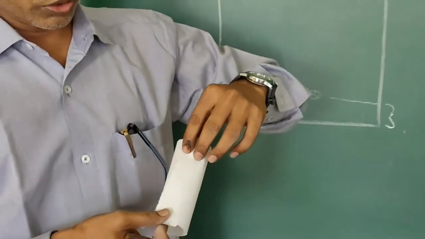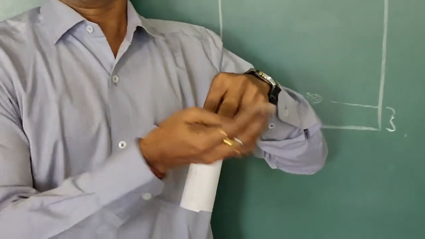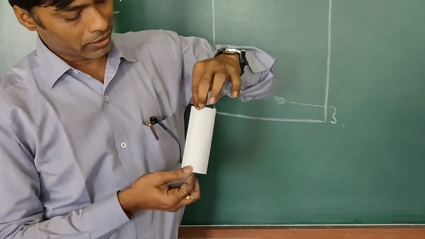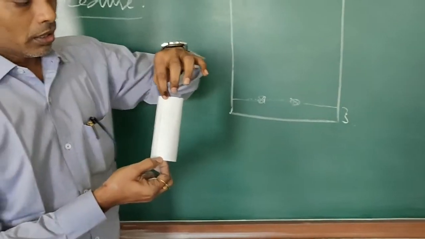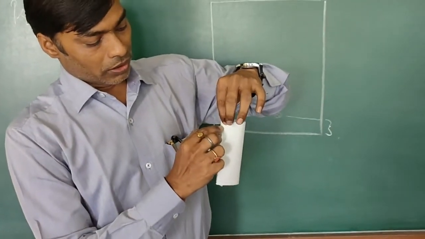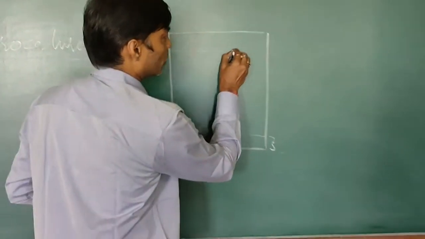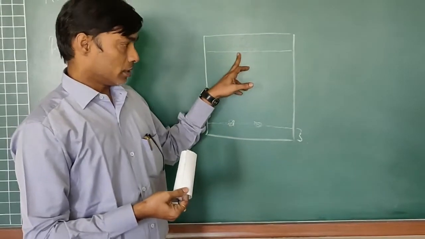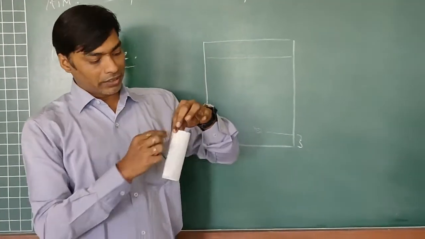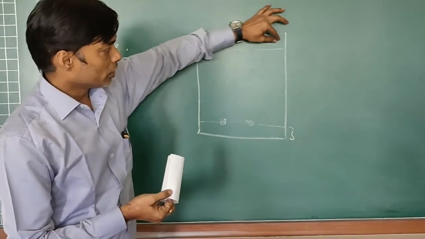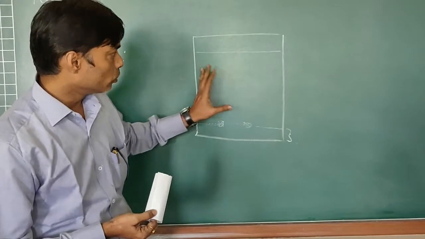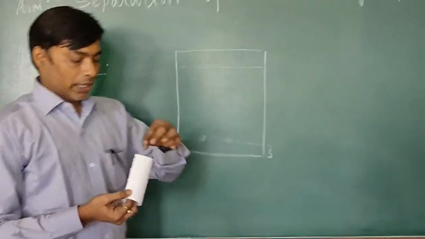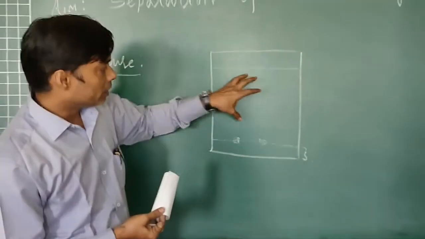I am not using any aid like Fevicol or gum stick to make this stick. I am just applying the staple here and below, because after the development we will be running the mobile phase to around 70 to 75% of the paper height. Once this is achieved, I will remove this paper and I can easily open it, because the staples are on this end, below the origin line, so I am not disturbing the area we call the chromatographic area, and I will not be holding the paper in this area.